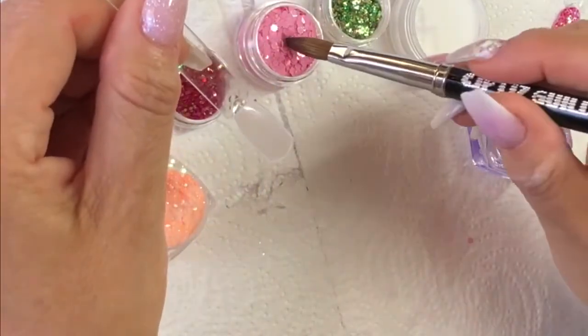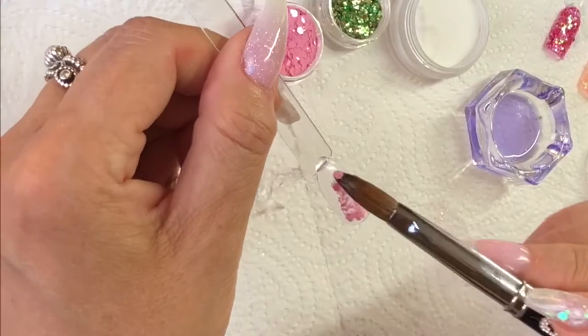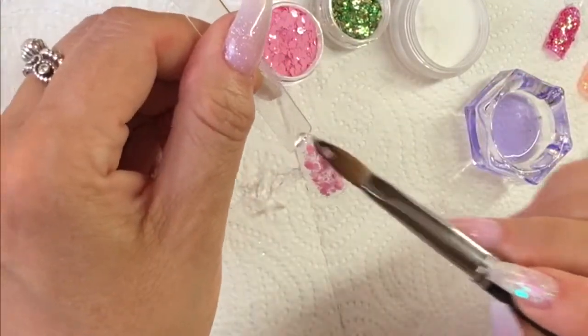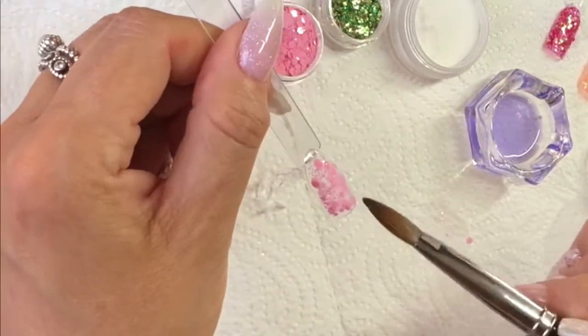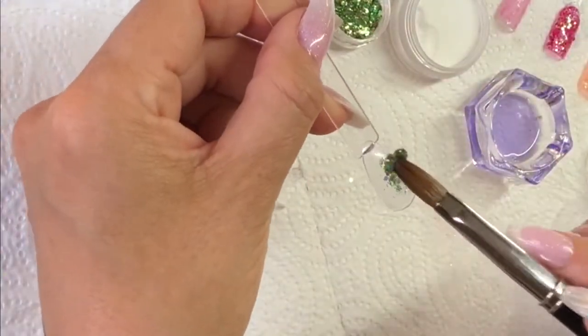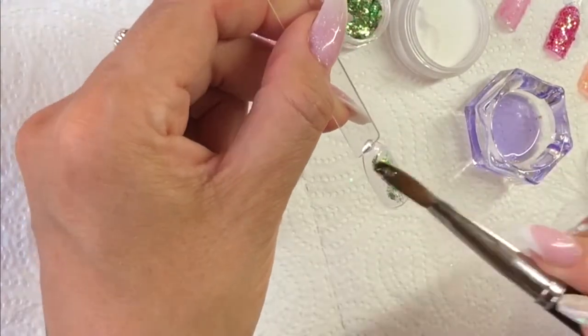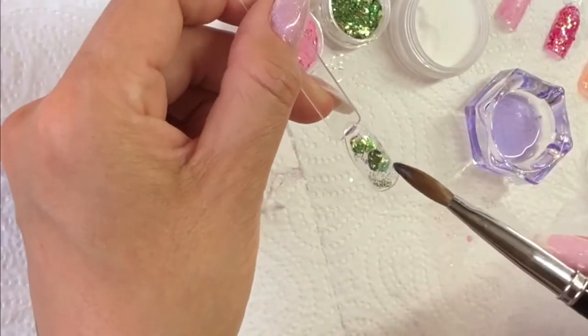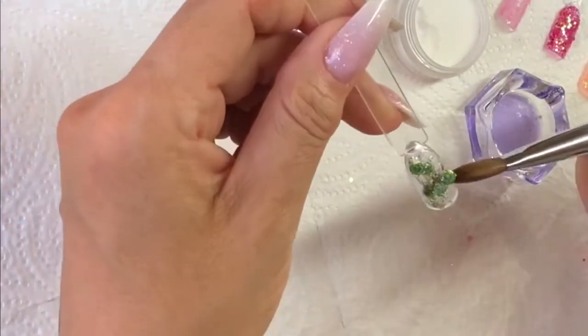I've already got the green Delight. This is the pink Delight that I've meant to get ages and ages ago, and I saw it when I was getting something else not so long ago, and I thought, right, I'm going to get it. And then this green one, I was doing a vintage rose nail and I needed some green